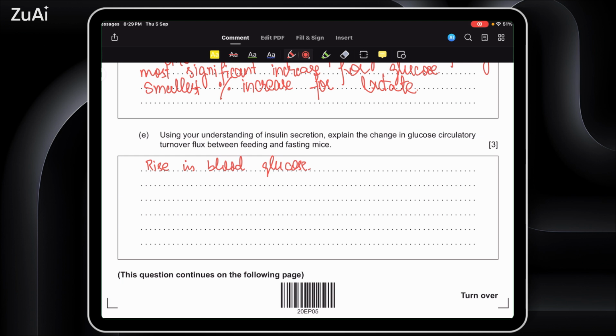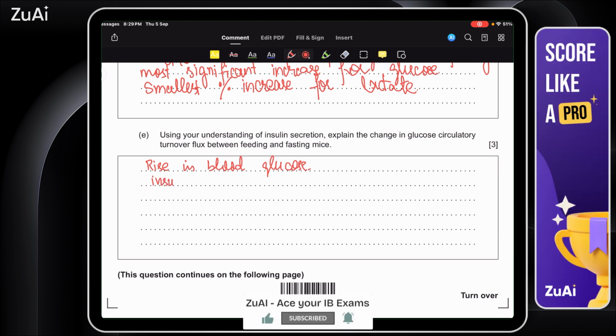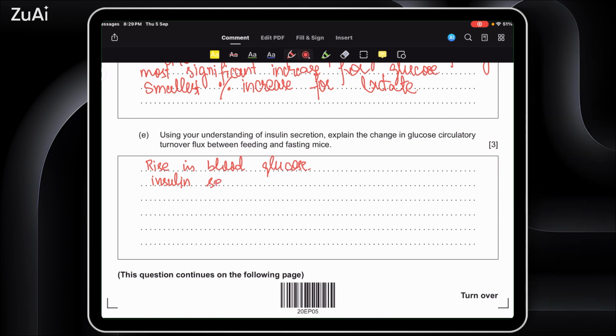Yeah, we can say that insulin is secreted in feeding mice,